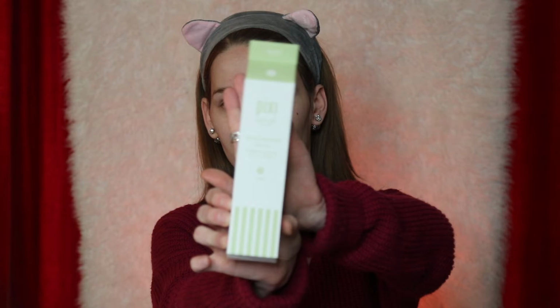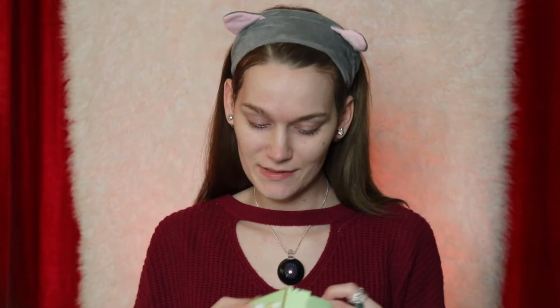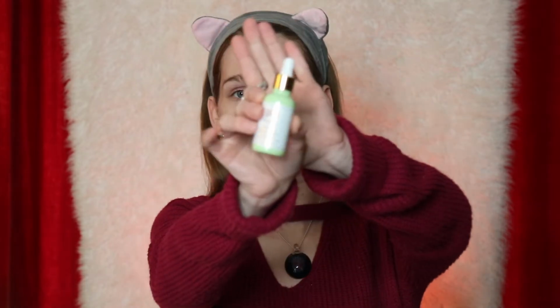Product number 5 is the Treat. It is to restore and soothe your skin. It is the Hydrating Milky Serum. This product also is for AM or PM use. It's supposed to improve your skin long term, and it's supposed to soften fine lines. So just take your serum,